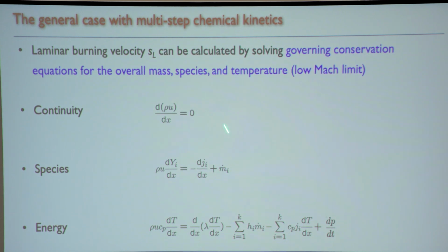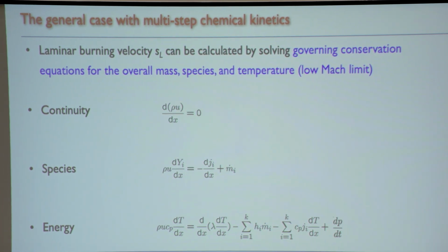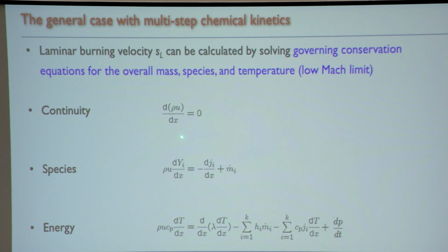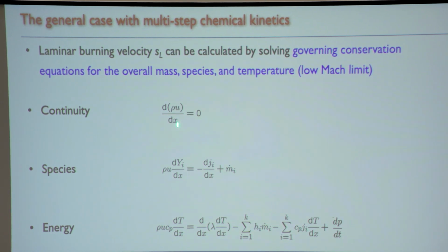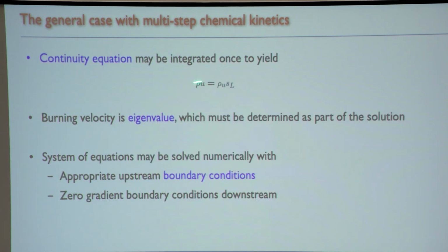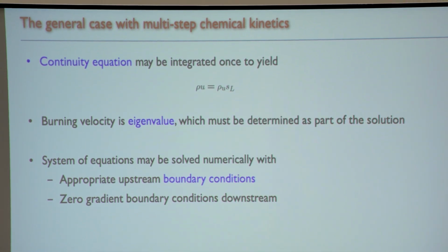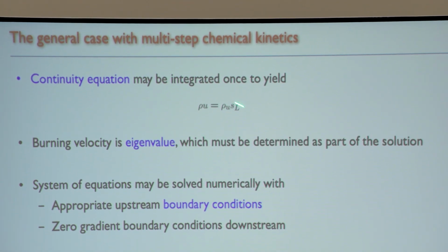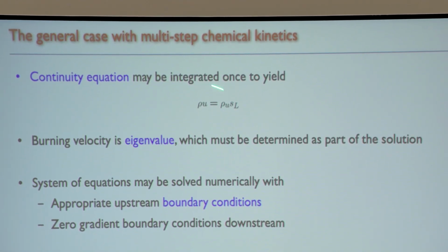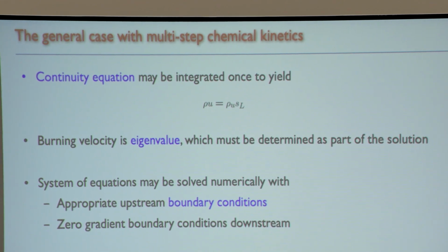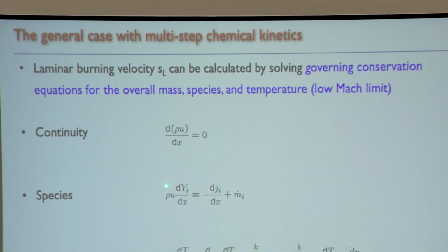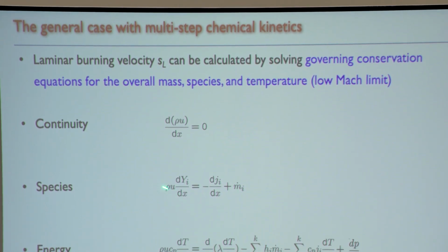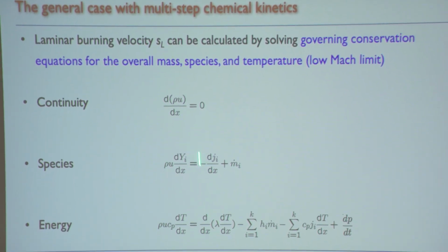And so you see this first equation here. I can immediately integrate this. I integrate this from, let's say, the burner surface to some other point, or from just upstream of the flame to downstream of the flame, as shown here. And then I get rho u is just constant, that's what it says, and it's equal to rho u times SL with respect to the unburned. So that's how the burning velocity comes in, but rho u is constant. You look at this again, and this is a constant, this is a constant, okay? And it turns out that this